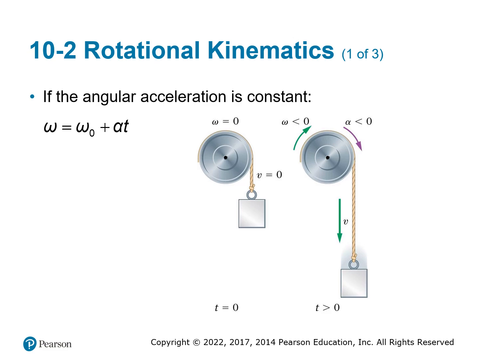So we are also going to assume that acceleration is constant for rotational motion. So that means you can find final angular velocity is equal to initial angular velocity plus angular acceleration times time.